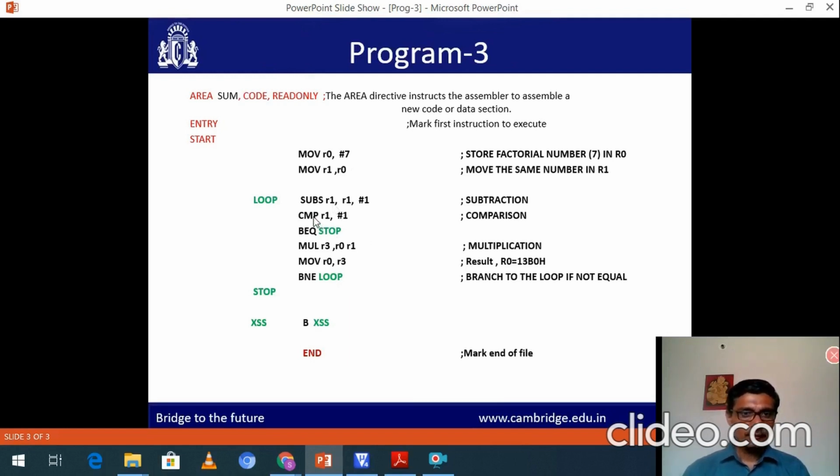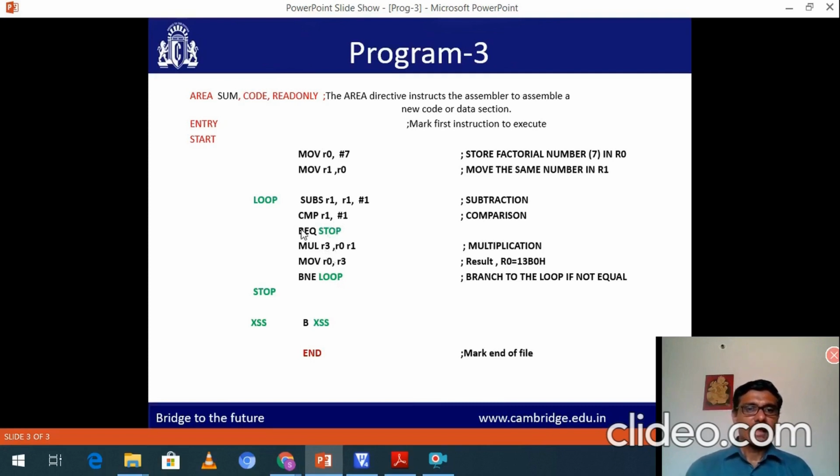So here we have to compare whether the content of R1 has reached 1 or not. If it has reached 1, we have come to the last number in the multiplication. If R1 has not reached 1, then we continue and perform the multiplication.